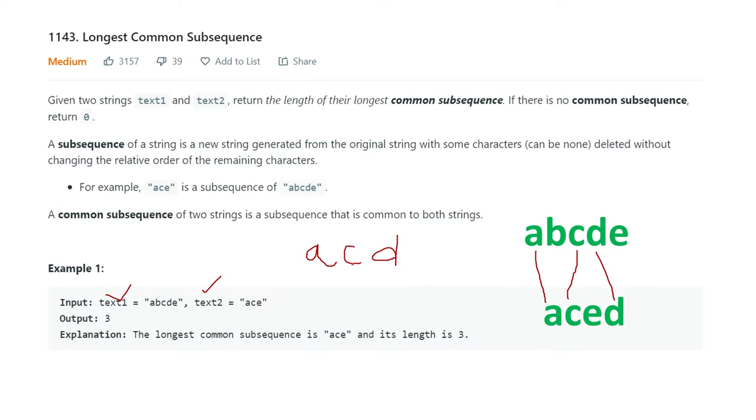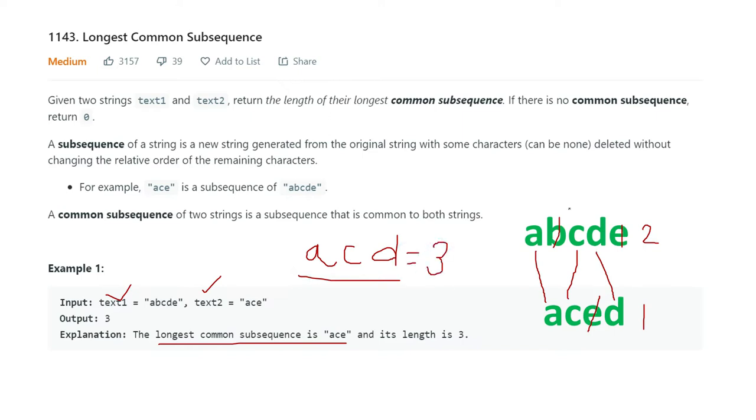So if we know that this will be our longest common subsequence, then from both the strings, if we delete all the characters apart from this, only then will both be equal, right? So in this case, apart from A, C, D, if you delete B and E here, and if you delete E here, then both of them will be equal. So from here in total you are deleting two items, and from here it is one. So this longest common subsequence problem will give you the result ACD, meaning its length will be 3, right?